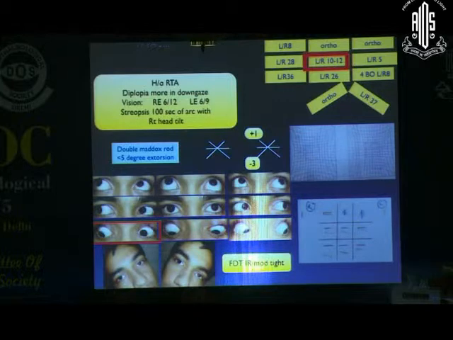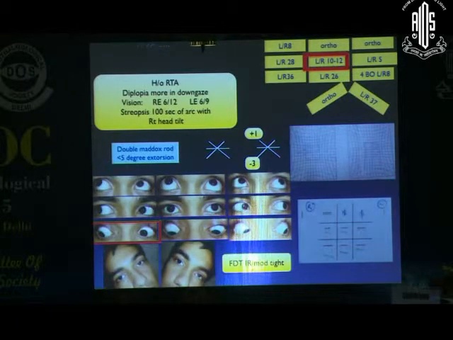This was a patient who had a history of road traffic accident and he complained of diplopia in the down gaze. As you can see in the diplopia charting, this patient was different. There was no significant IO overaction in the dextro elevation. But in the dextro depression, you can see that there is IR overaction.